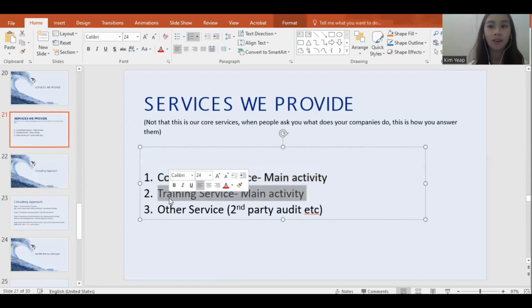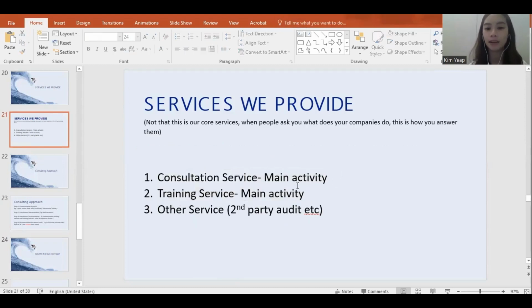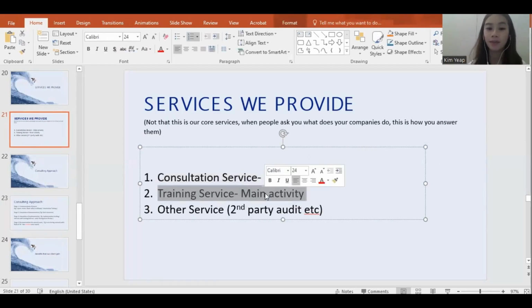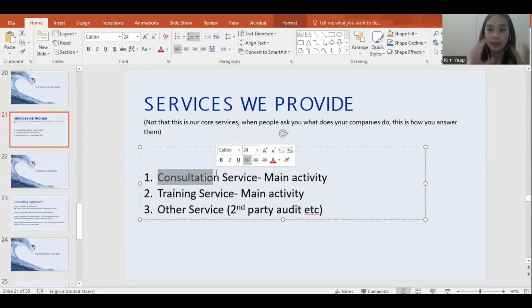What about this? Don't worry, this is actually very easy. Why is the service different? Like here I thought there's training. Still remember inside consultation, there's actually training. Why is there another service called training? The training here and the training here are different. The trainings here are audit requirements. The auditor said that for the clients to pass the audit, they need to attend training. That's why we not just help them with the documents, we help them with the training as well.